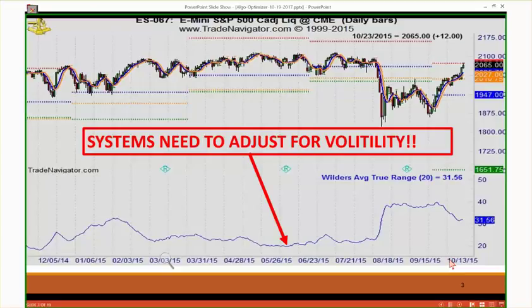If we're setting ourselves up for narrow ranges and narrow ranges and narrow ranges, and all of a sudden we go through a period of expanded ranges, well, now we've got to set our sights on a different style of trading. Now we have holding periods that will shrink down because we're going to get expected moves faster, right? If you have narrow ranges, it takes longer for the market to get from point A to point B. If we have expanded ranges, it takes a lot quicker for prices to get from point A to point B. I hope that made sense.